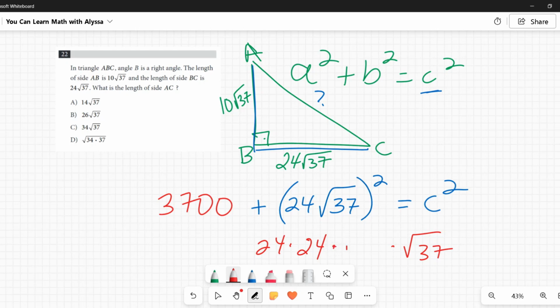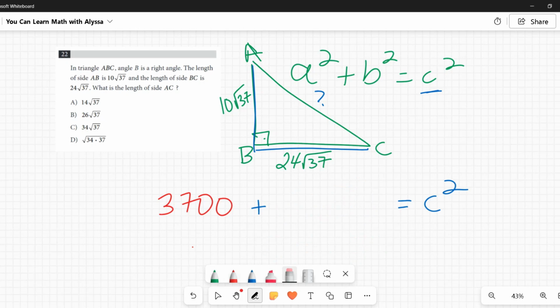So 24 times 24 times square root of 37 times square root of 37. 24 times 24 is 576, and square root of 37 times square root of 37 is just 37. And then 576 times 37 is 21,312. And so if I add 3,700 to that, I get